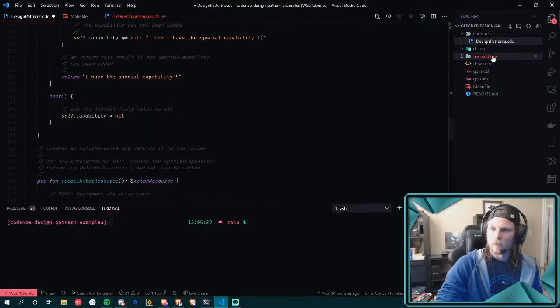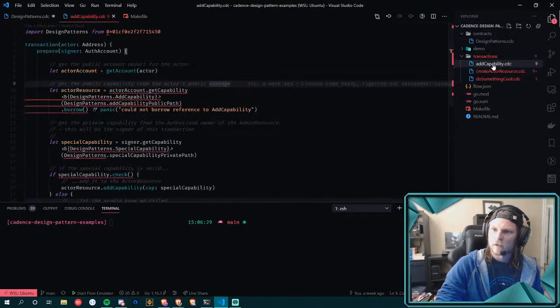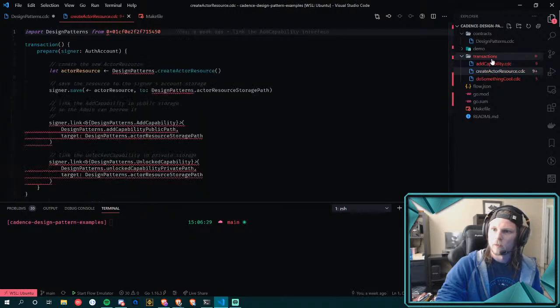So we wrote some simple transactions just to get this party started. So what do we have here? The create actor resource. This one is called by any user and just creates the actor resource and does similar